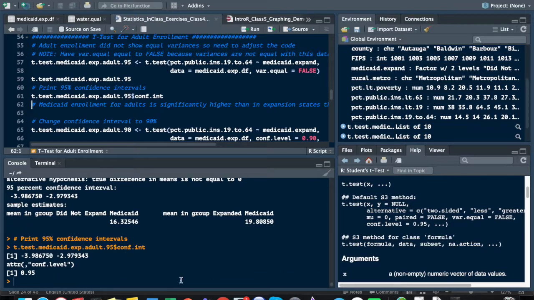If 0 lies inside your confidence interval, it will not be statistically significant. If you see 0 in your confidence interval, you know it's not statistically significant, because it could be 0 difference between the two. If 0 is outside of it, it's significant. So that's what you can look at here. So this is our Welch's two-sample, and that's when variances are not